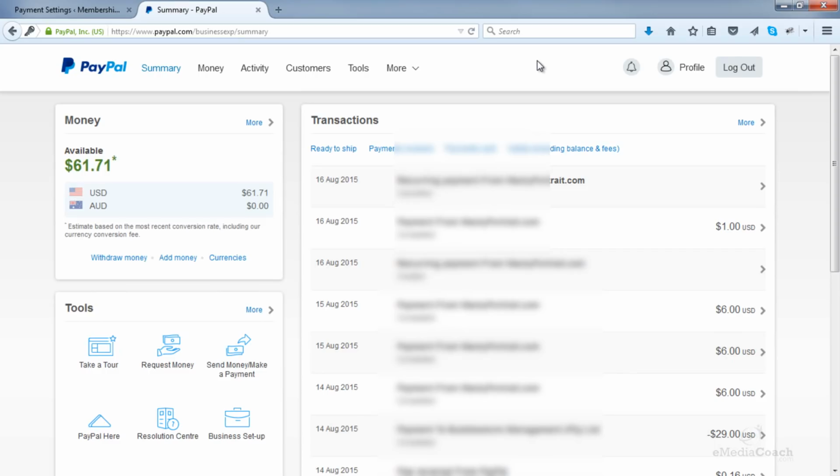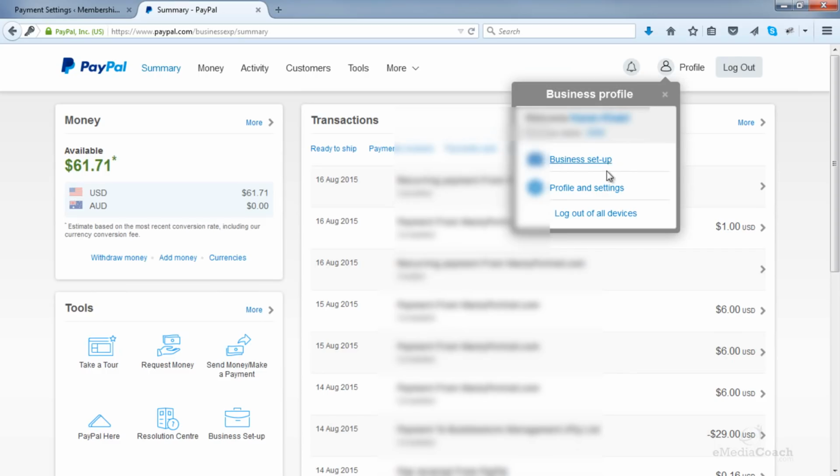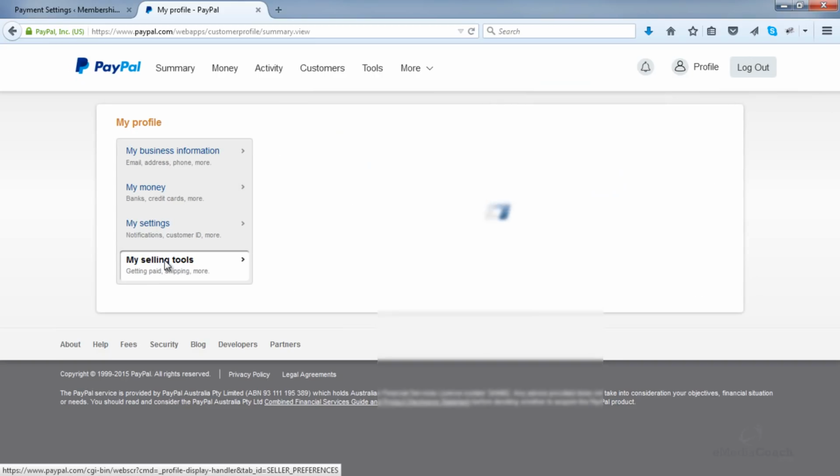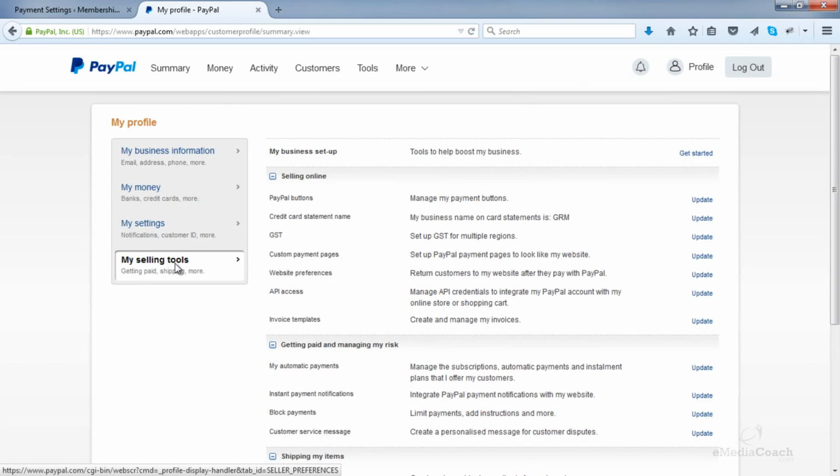Okay, the first thing you need to do is go to Profile and Profile Settings, and then go to My Selling Tools. What you want to look for is this area here, the API access. Click on Update.